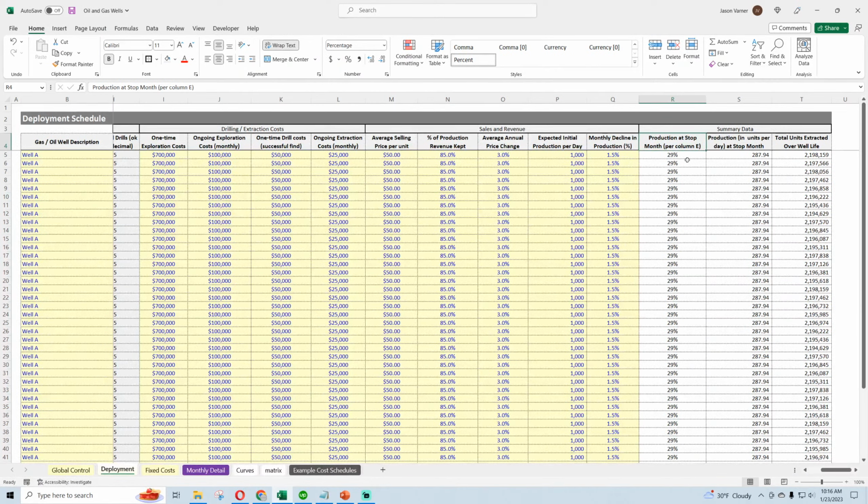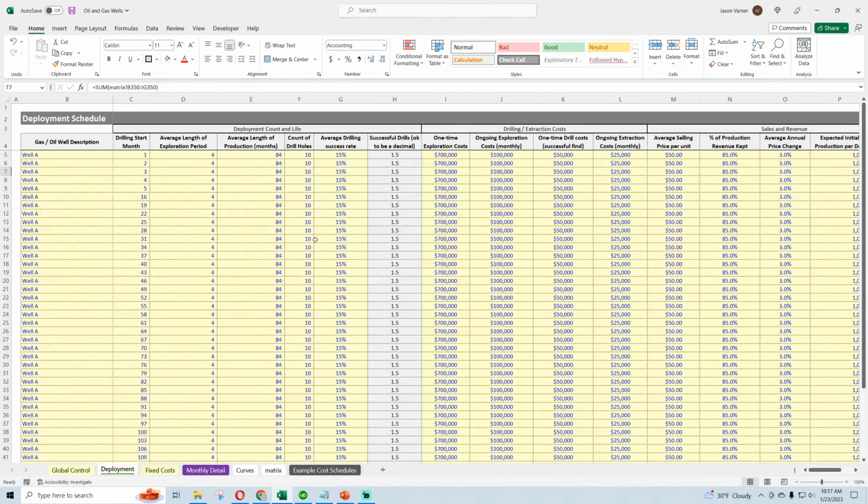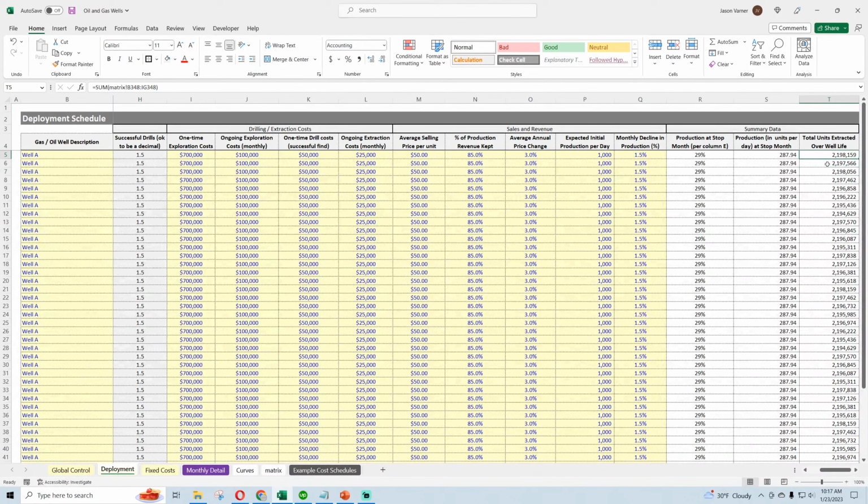So it'll tell you on the end month, what's your percentage left of the initial flow rate that you're producing, how many units is that per day, and then how many total units did the well produce in this total life. And this number is going to be based on all these assumptions. Now, the reason why they're slightly different here is because starting on a different month, you potentially have a different day count,